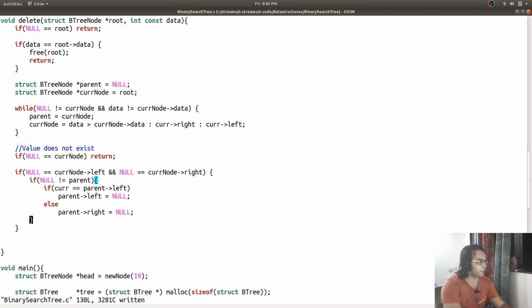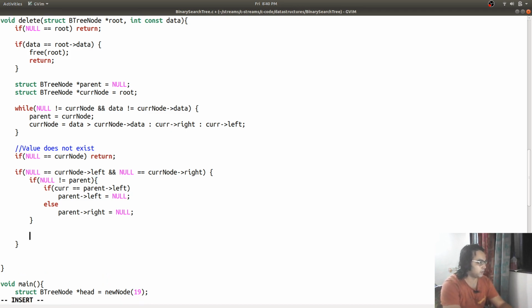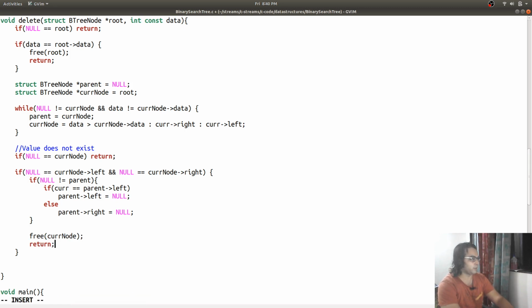So we have detached this current node from the tree. Now we need to free the memory, and we need to return because our work is done.